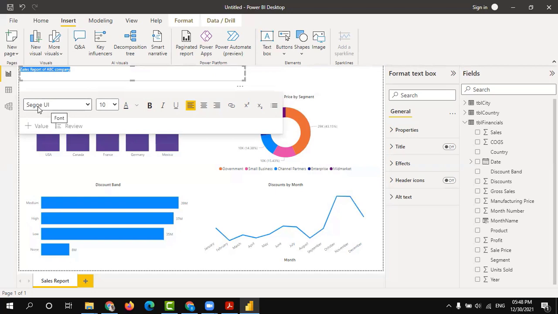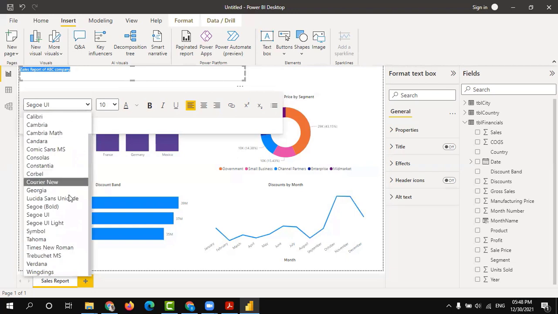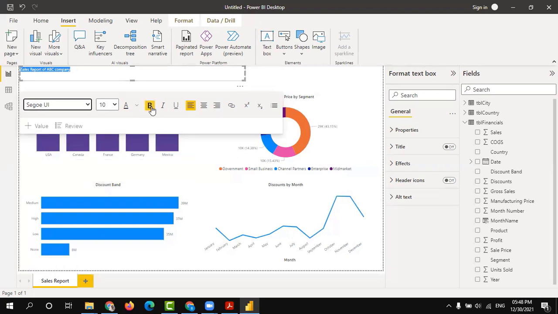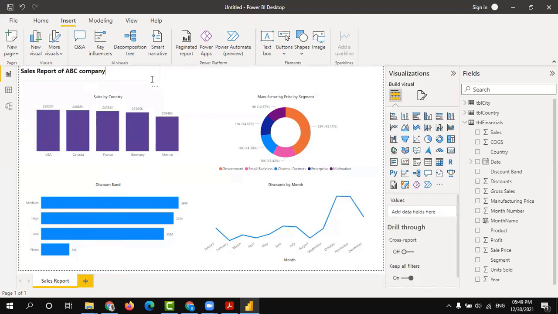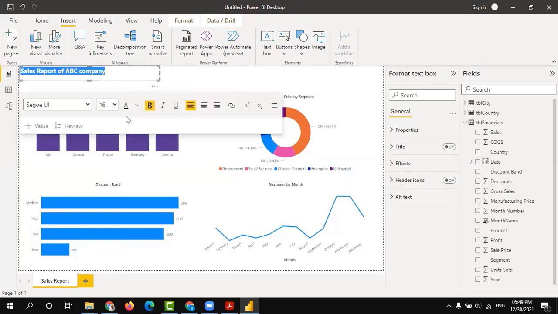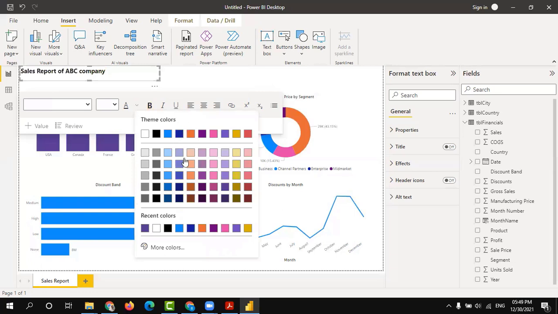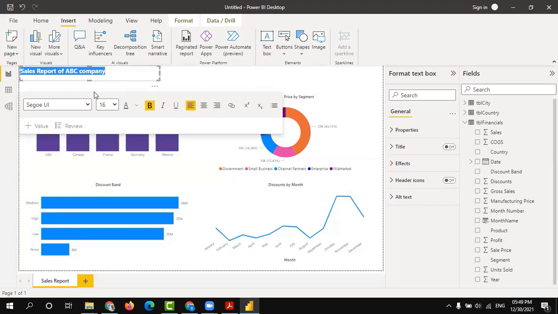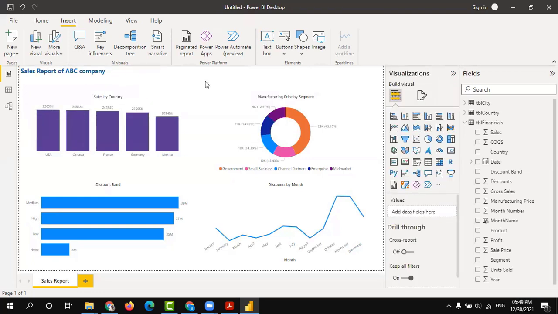Already my font name is the same, Segoe UI, which is good. If you want Segoe UI bold, you can take it, or you can give the bold here. You can increase the font size to 16 as you wish. And you can change the font color as well here. Let's go for sales report.